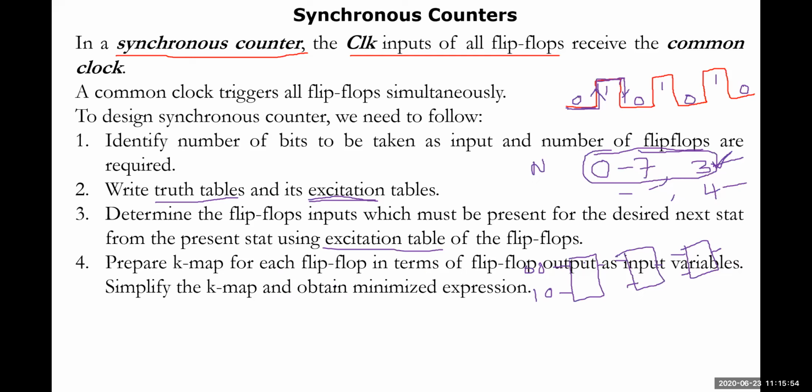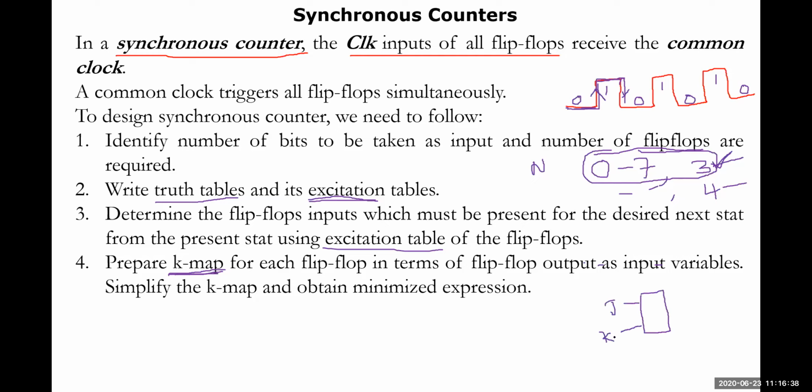After this, what exactly are we trying to do? After identification of the inputs for each and every flip-flop, you have to draw K-maps to find the exact inputs of each of the flip-flops available with you. So after identification of the flip-flops and their inputs, we draw K-maps for each and every input of that particular flip-flop. For example, if you construct a JK flip-flop, J will be with us and K will be with us.